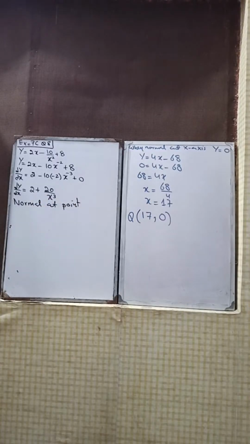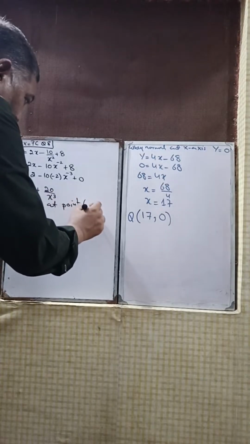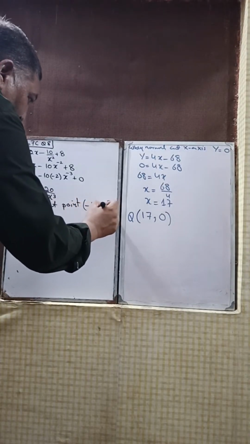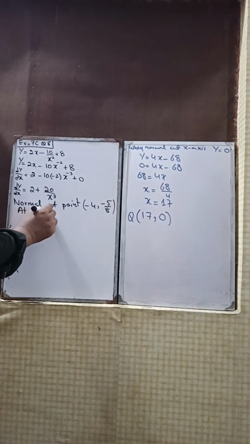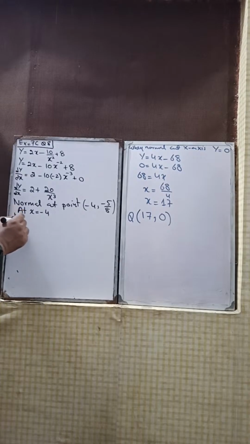The point is given here: (-4, -5/8). So we have to find the equation of the normal at the point (-4, -5/8). Now I'm working on the B part. First of all, we need to find the gradient. In the expression of dy by dx, at x equals -4,